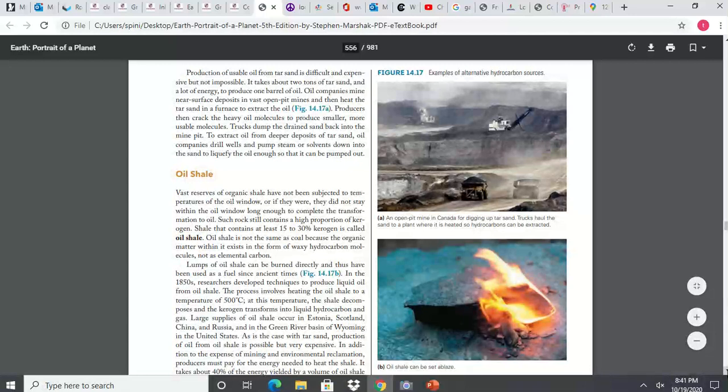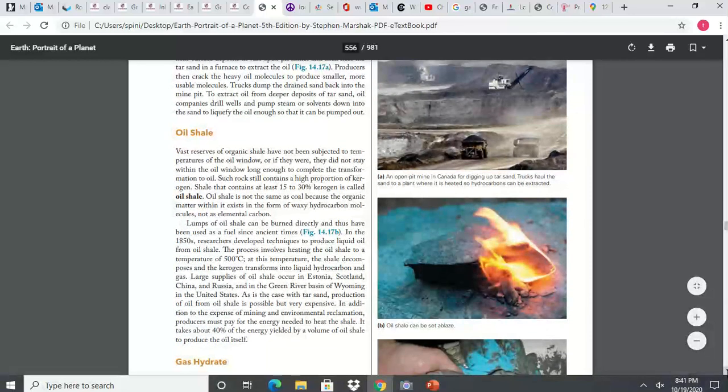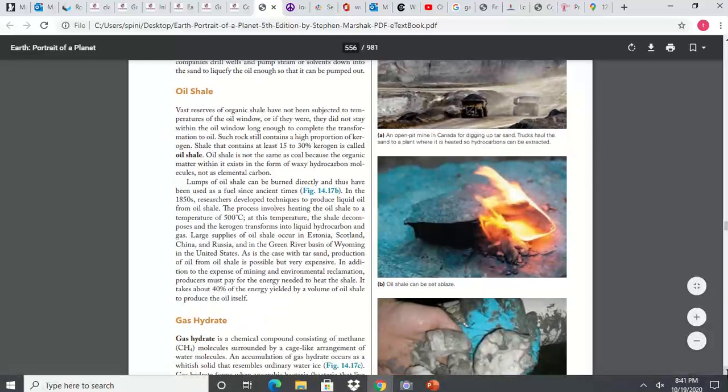So it's going to last for a while, but again, it's a non-renewable resource. So once we do all the fracking and we get all that out of there, I mean, then we're done. I mean, we have to start moving towards something else, and that's what we're going to argue about here at the end of the chapter. So here we look at oil shale, and again, this is the lowest grade of a natural resource.